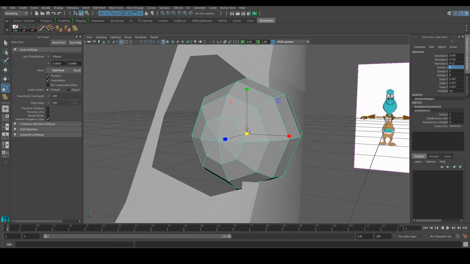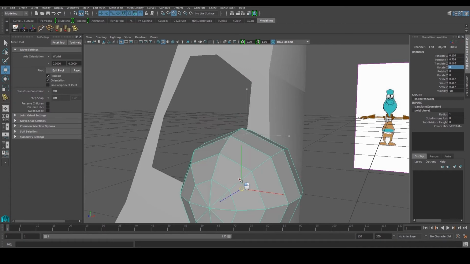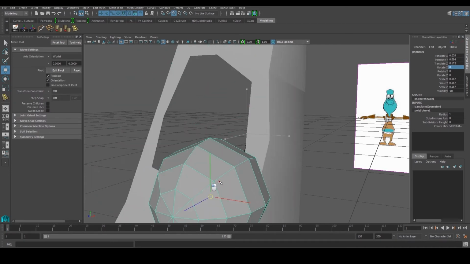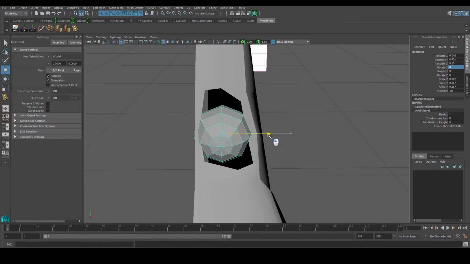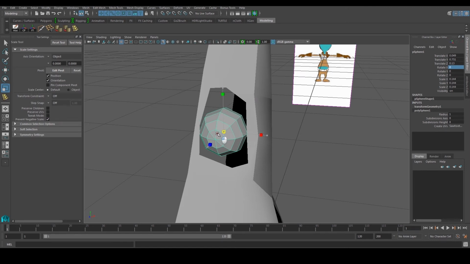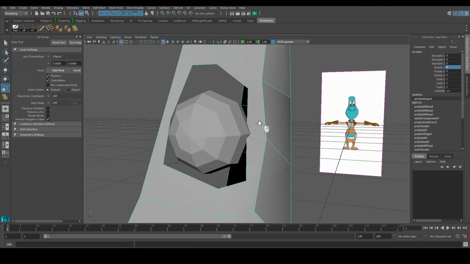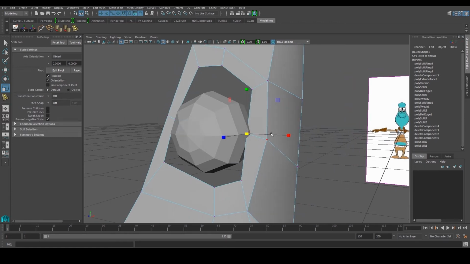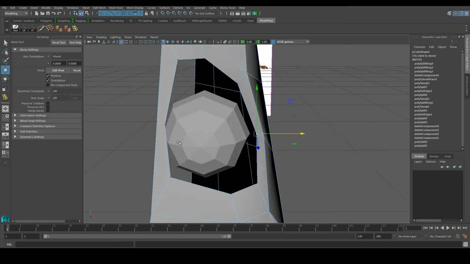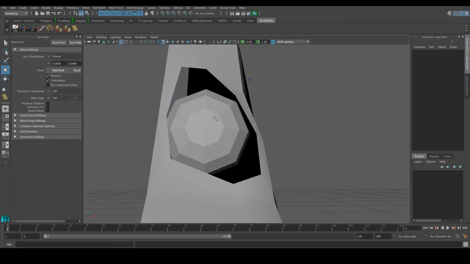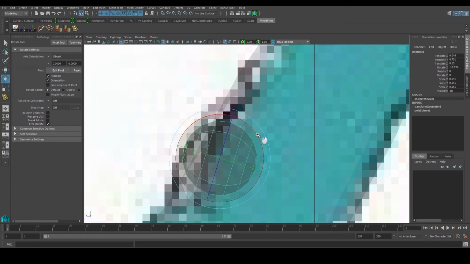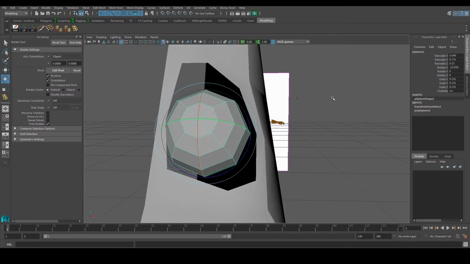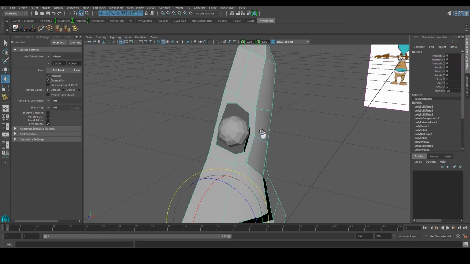It's not snapping exactly, so just press and hold V and then it will snap to a vertex. It's actually trying to snap to all these vertices I have around this head model. So just push it into position. Again, I think it's a bit too big over here. Try to fit it. If it's not fitting very well, make sure that you move your eye socket around a little bit. Maybe go back to the side view and push the eyeball up a bit. Alright, something like that will do.